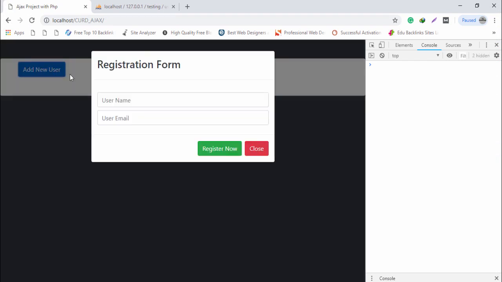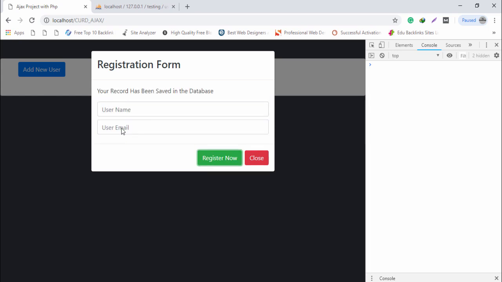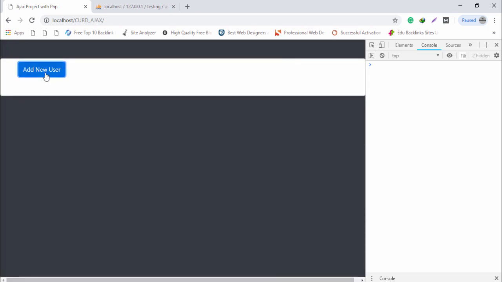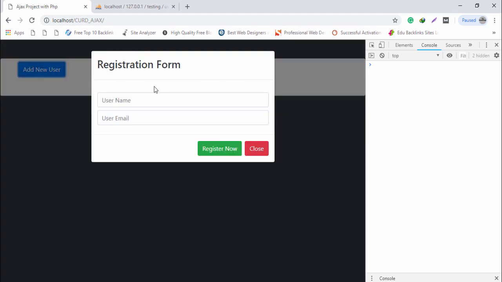And click to add new user. I don't write anything else. First I store the record. Okay, I use webdeveloper@gmail.com. Register now. Right, I close that and I click again add new user. As you can see, guys,